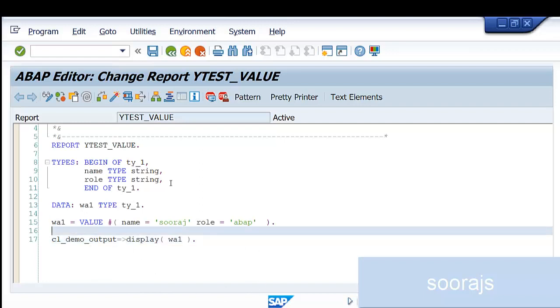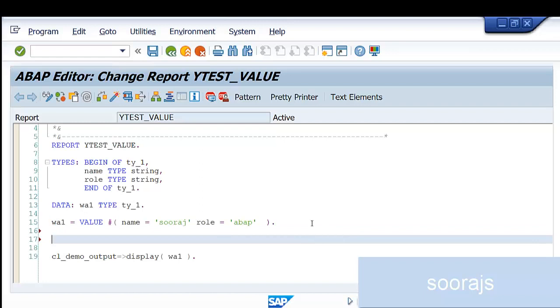With structure you can do certain things like this. Also there is one more thing which I would like to show you. Maybe work area 2. I have a work area 2. What I'll do is, I'll make use of this work area structure. For that I'll say base WA1, and I'll provide name equal to Sachin maybe, and role equal to ABAP.